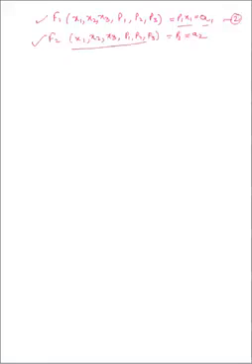So f1 of x1, x2, x3, p1, p2, p3 is equal to p1 x1 is equal to a1, and f2 of the same variables is p2 is equal to a2. This is relation 3. So now we verify whether f1, f2 is equal to 0 is satisfied or not. So we write f1, f2, which is equal to